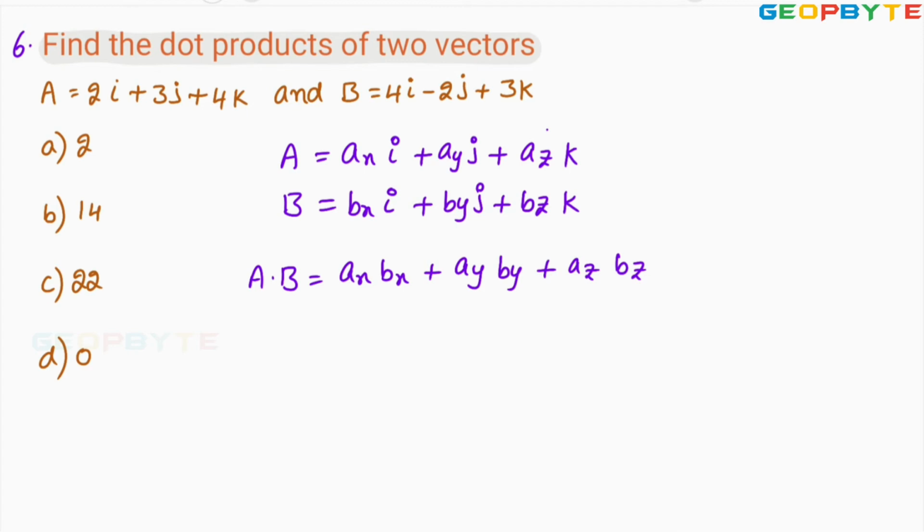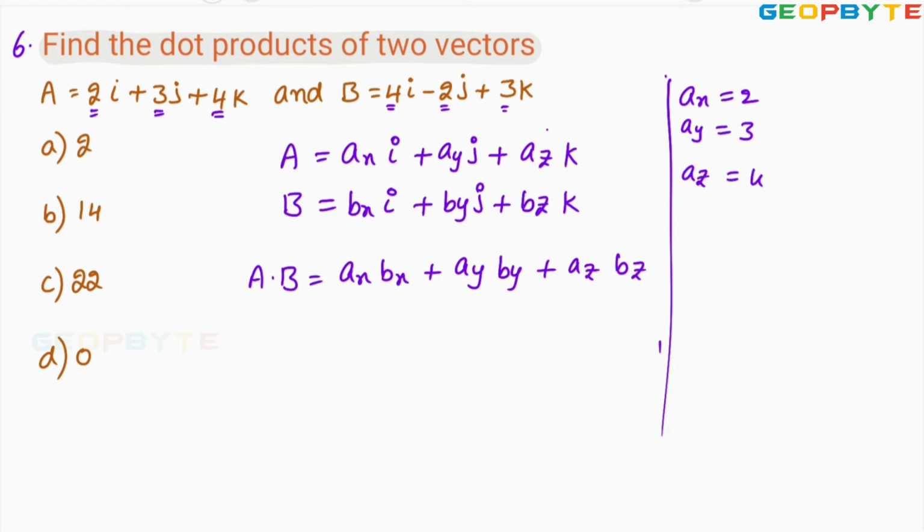Now you know the AX, AY, AZ. Similarly BX, BY, BZ. Let me write those values. Here AX equal to 2, AY equal to 3, AZ equal to 4. Similarly BX equal to 4, BY equal to minus 2,